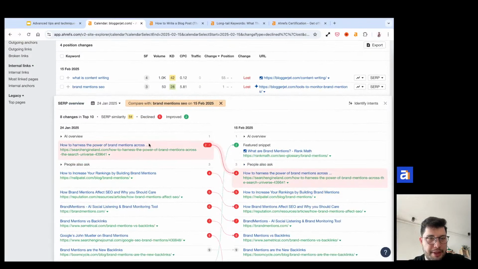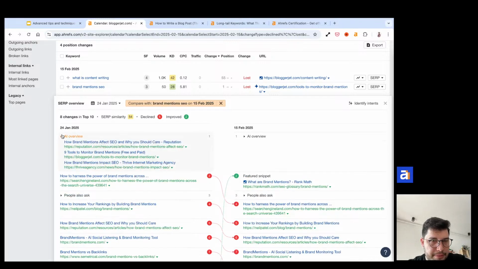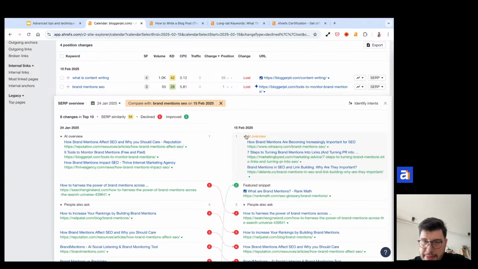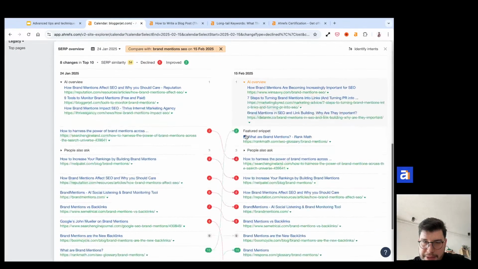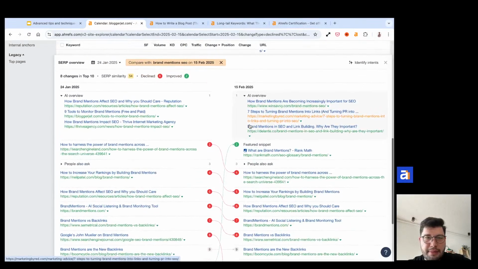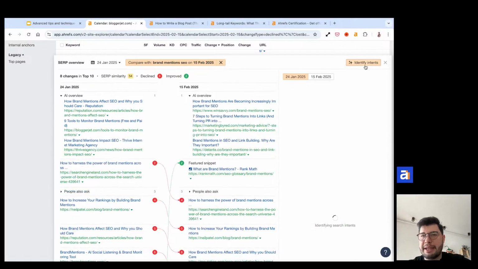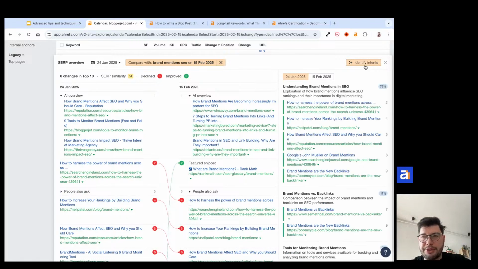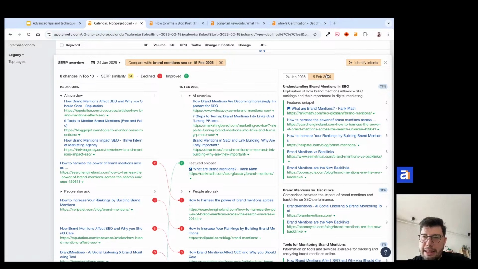All right, so previously we were on position number 1. Yeah, we were mentioned in the AI overview, but then we were not mentioned anymore, and we fell in position. As you can see, most of the search intent has changed. So we have 6 declined positions and 2 have improved. If you don't have time to actually check manually what has changed, just click on Identify Intents. So on the 24th of January, understanding brand mentions in SEO, 76%, that was the dominant search intent. It still is,